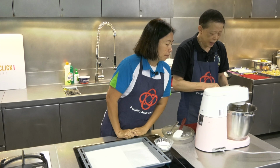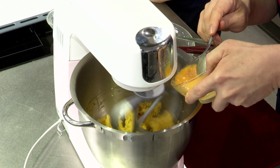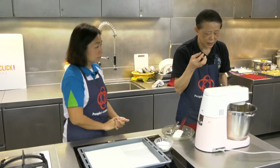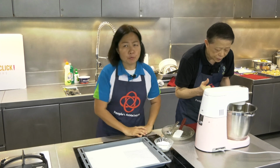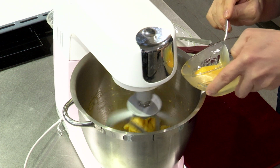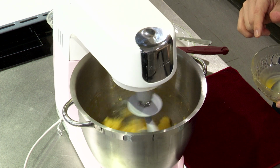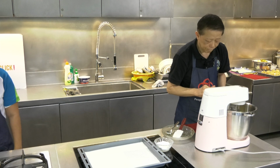I'm not going to add all the egg at one time. I'll probably add about half first. 他先看怎样，然后这第3粒他放了一半先。Because you got to beat until it's a smooth paste. It's a little bit flowy, so that when you pipe, you can actually pipe on that. If you can see from the camera, it's not smooth yet. 有点像水状这样的，那又不是很水的，让它容易挤出来。